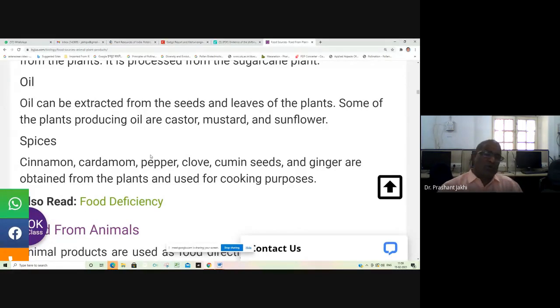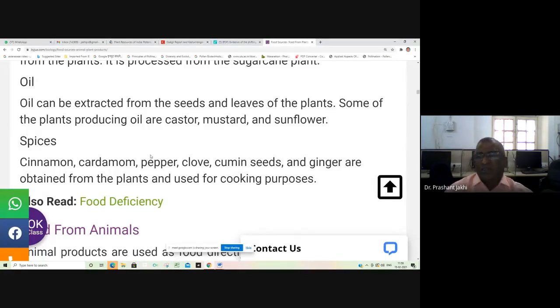Oil is used for a variety of different purposes, including industrial purposes. That is non-edible oil, but specifically here we come across the edible oil, which is obtained from mustard, sunflower, coconut, groundnut, etc. Then spices. As far as spices are considered, our country has a great heritage regarding the use or utilities